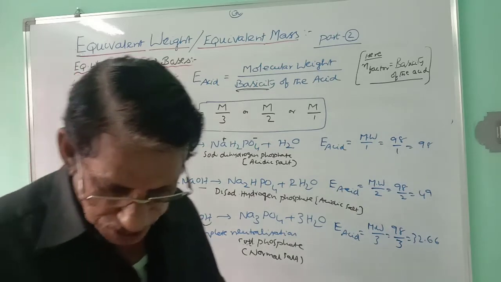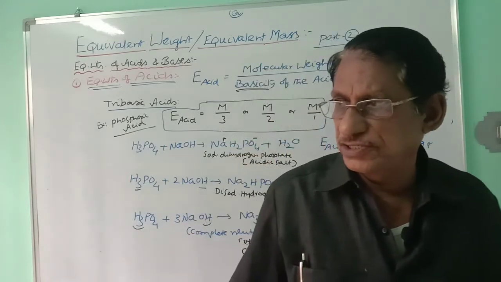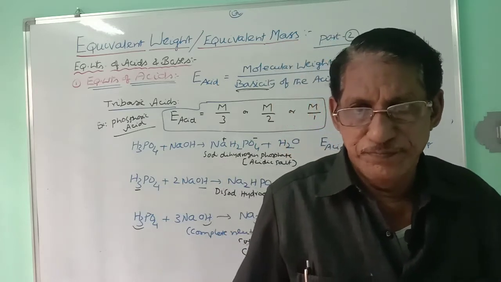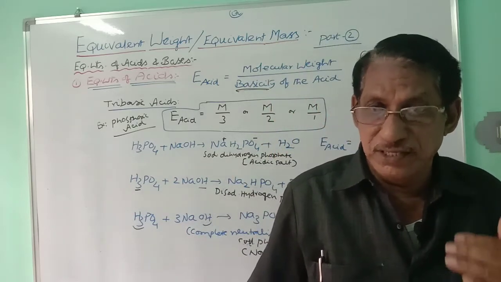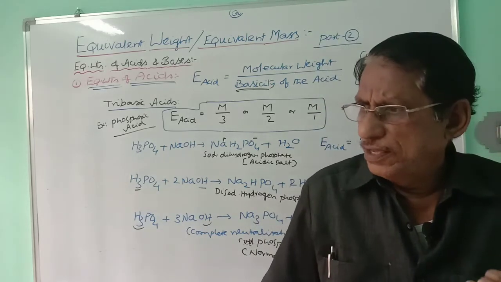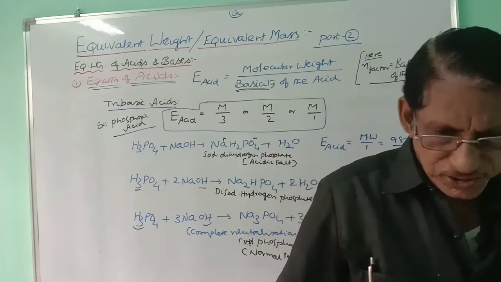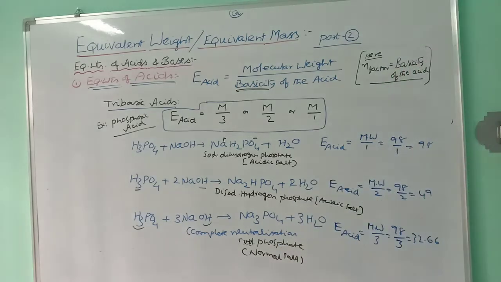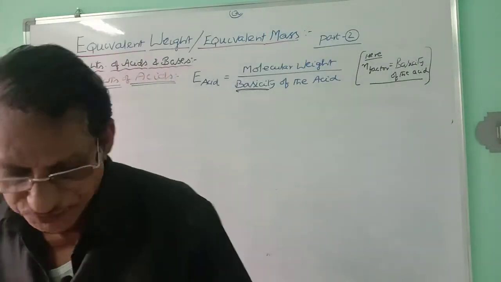In the case of phosphorus acids, more interestingly, you have to note the structures. In the case of phosphorus acids, H3PO2, H3PO3, H3PO4. One is monobasic acid, other one is dibasic acid, third one is tribasic acid. And from this we will get the normal salts as well as acidic salts. For a few minutes, we will discuss the structures of these oxyacids of phosphorus to know the normal salt and acidic salt, which is more useful in examination.